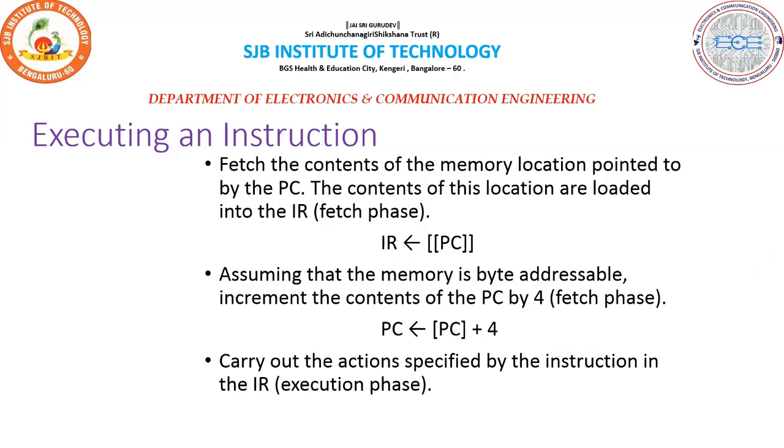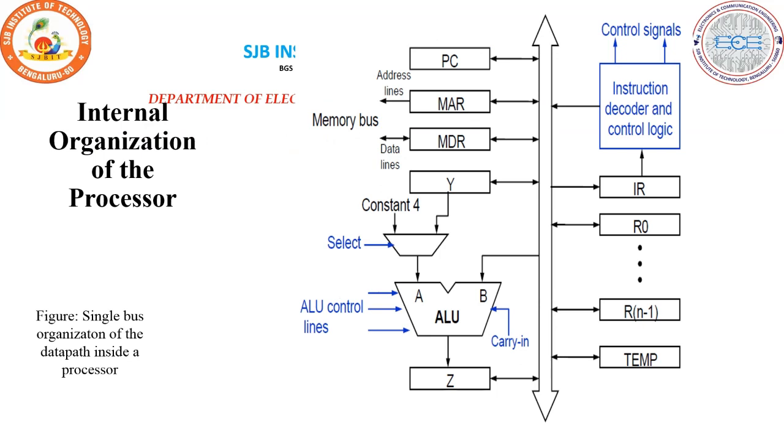So these are the three steps to be followed for fetching the instruction from the memory. In the case where an instruction occupies more than one word, step one must be repeated as many times as necessary to fetch the memory content and complete the instruction. The earlier step we discussed is to fetch the content of the memory location pointed to by the PC. The fetching is done by the processor,